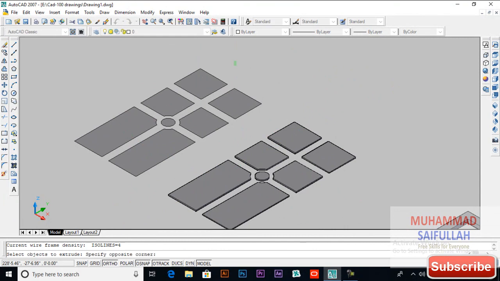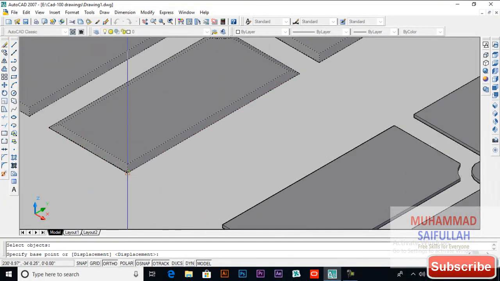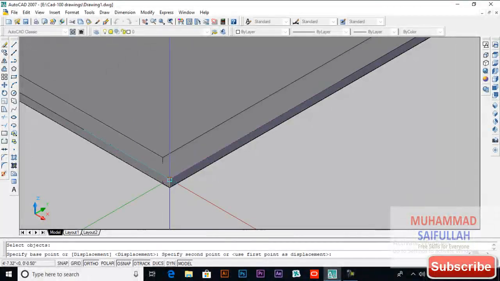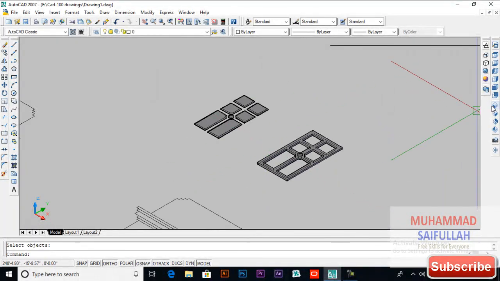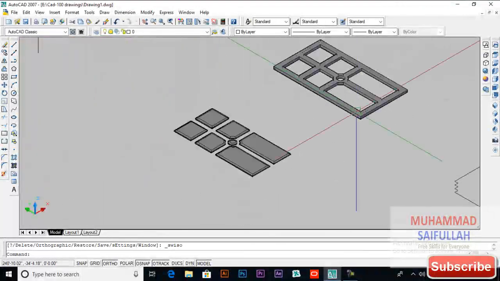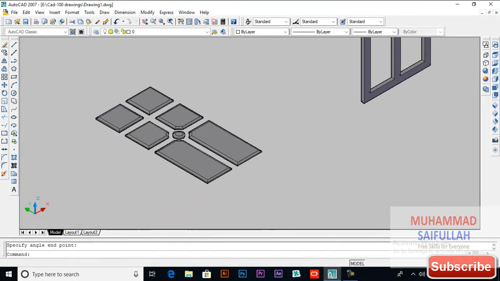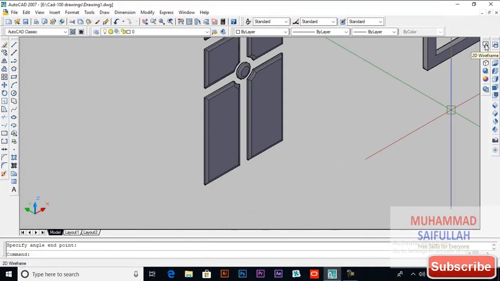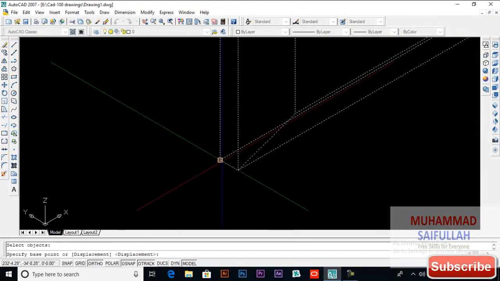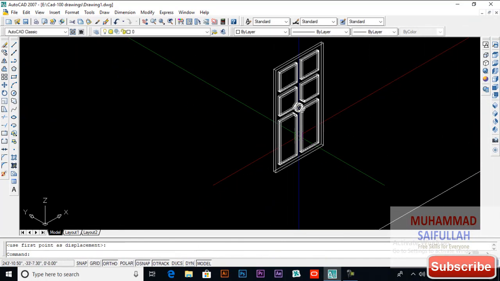Again extrude it, T for taper angle 65.5. Now move it from this point to this point. Now union it. So 3R for 3D rotate, base point, click here and click here. Again do the same method and go to 2D wireframe, move it from endpoint to midpoint. Now union it,